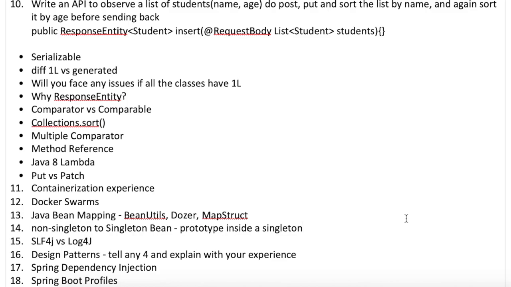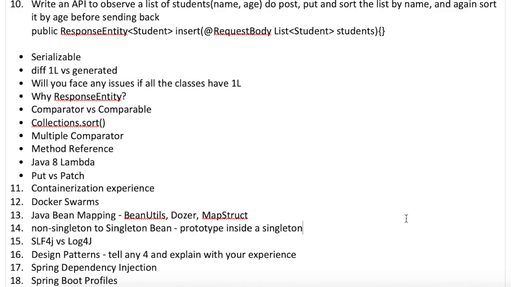And then this is a very common question that's currently been asked in multiple Spring application interviews: what will happen if you use a prototype bean inside a singleton bean. Obviously, if you use a prototype bean inside a singleton bean, the prototype is going to behave like a singleton.